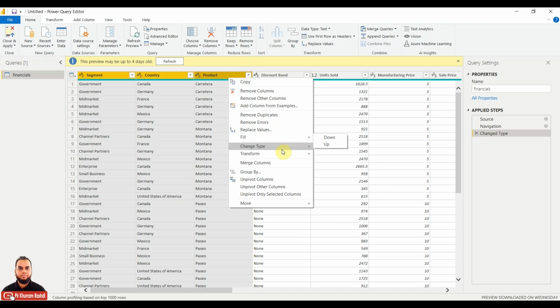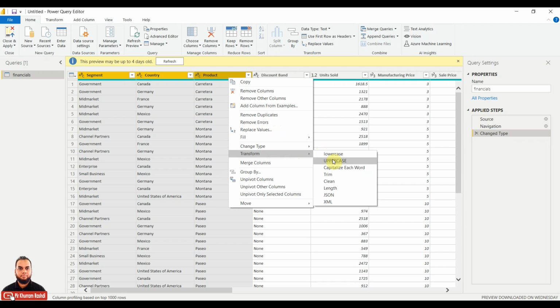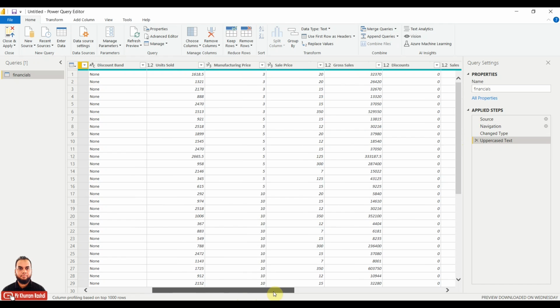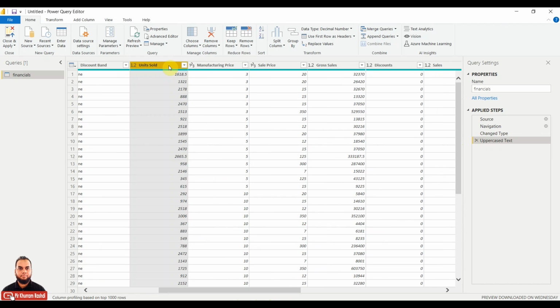So we'll just choose from these option, like we want to capitalize, so we can capitalize each word wise, or we can trim if extra spaces are added. We can apply lowercase or uppercase. So we'll just apply the uppercase, and you can see now in very easy manner the whole values are now converted into capital values. So in the same way, we will just select the decimal values here, like in